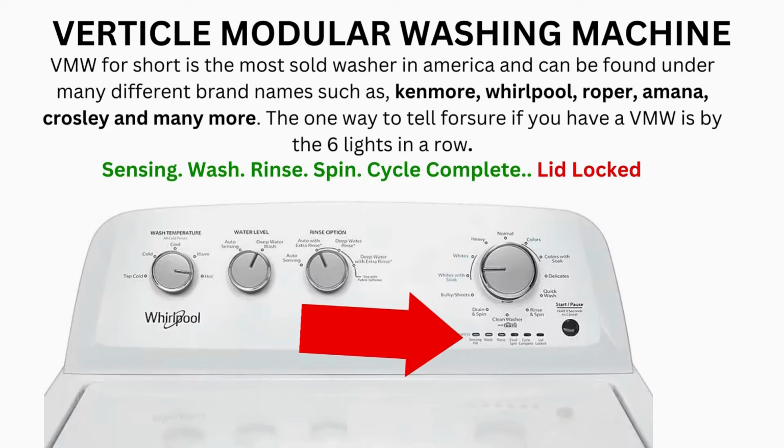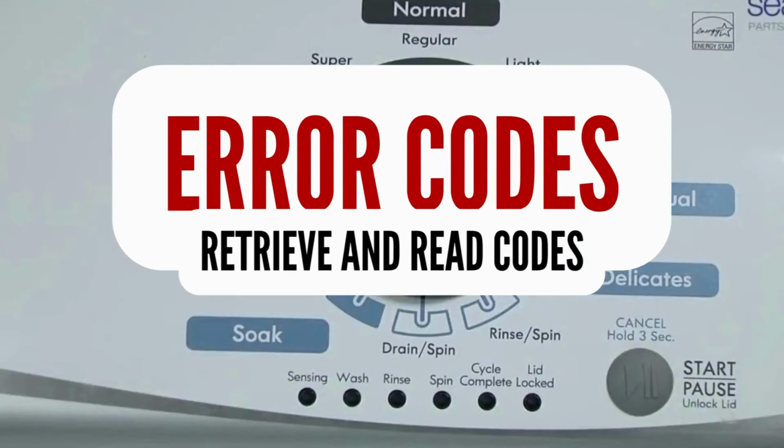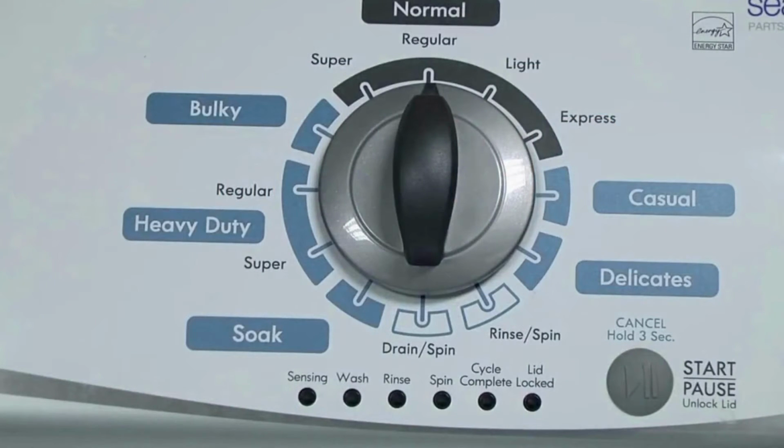If after 20 tries or more, and your arm feels like it's gonna fall off from trying so much, then odds are you have a bad control board. If your washer starts the recalibration but doesn't finish it, you need to pull the error codes and find out why. Step 1. With the washer shut off and all indicator lights off, turn the control dial 1 complete rotation,